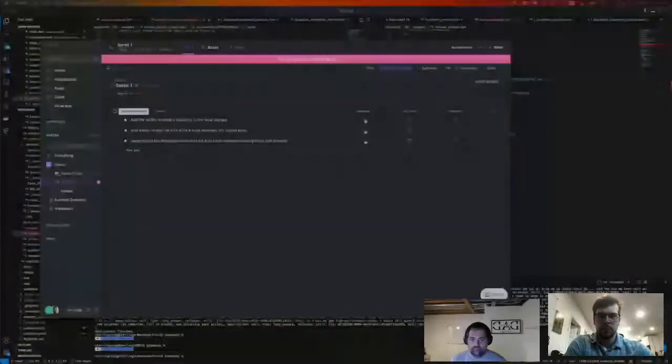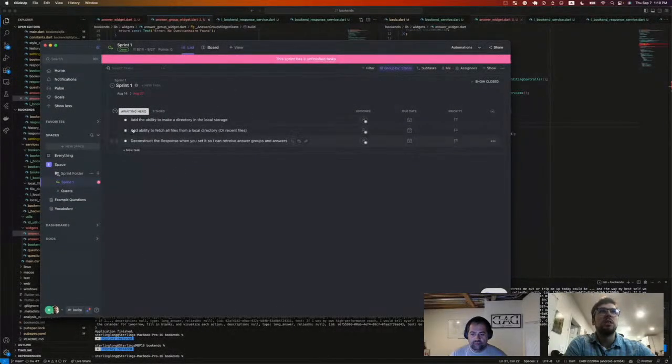Back again. All right, so my goal for this 1 hour session is these three things. I have the ability to make a directory in the local file storage. I have the ability to fetch all files from a local directory or fetch recent files.